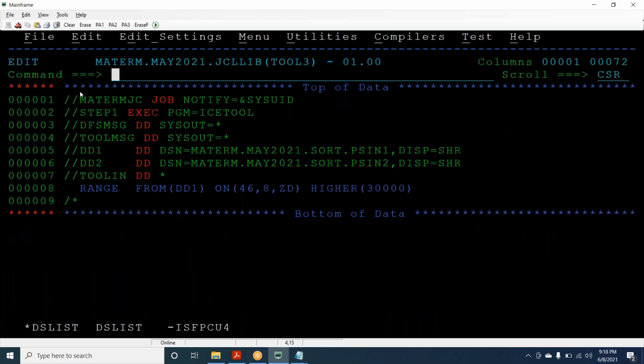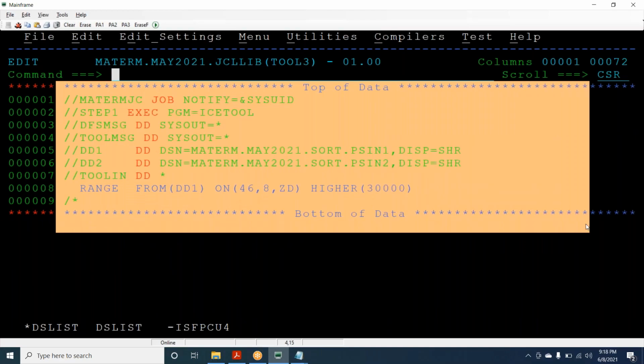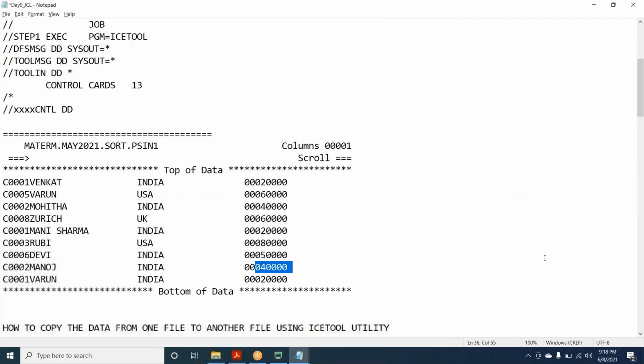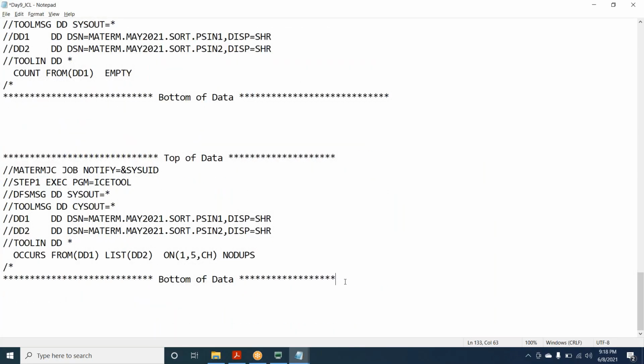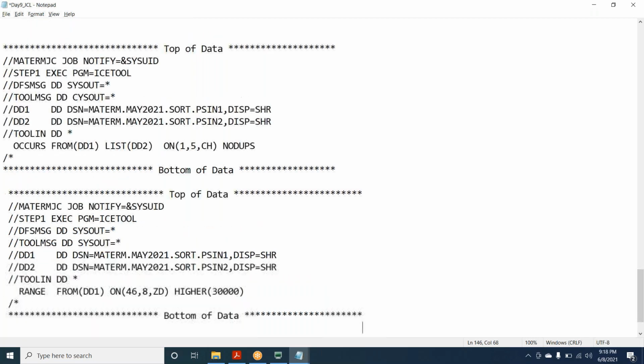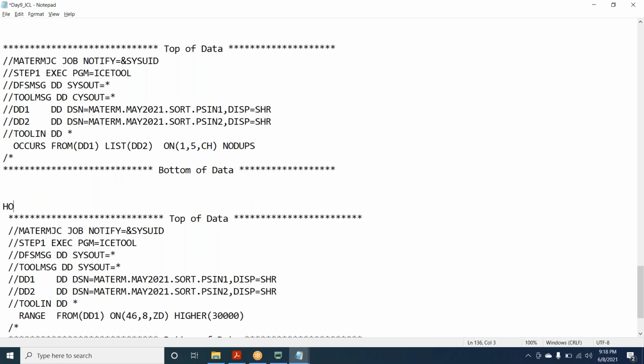Venkat, here there is no need to mention the DD2 statement. If I am not using it in the control card, it is optional. Simple logic. So how do you copy the records? Copy the records if the customer balance is greater than 30,000.